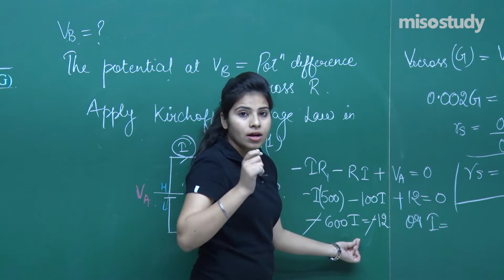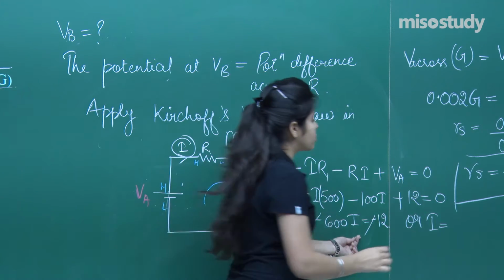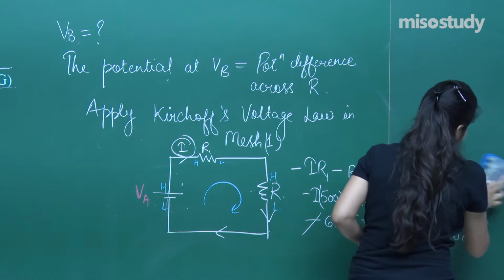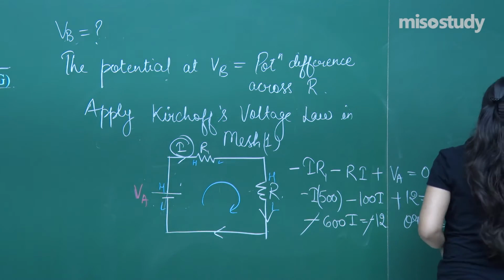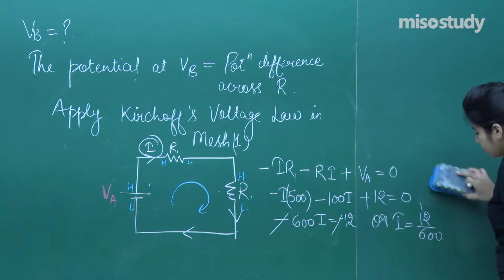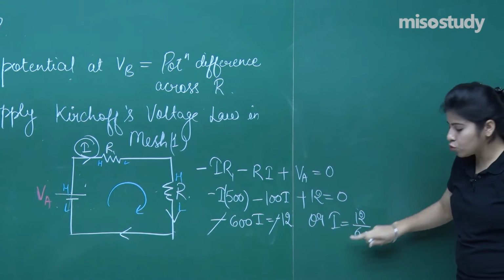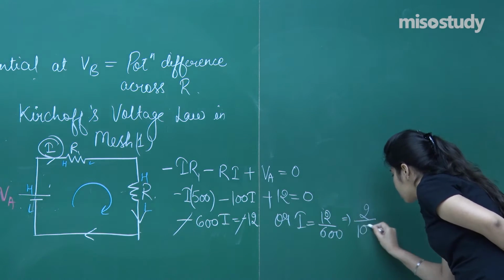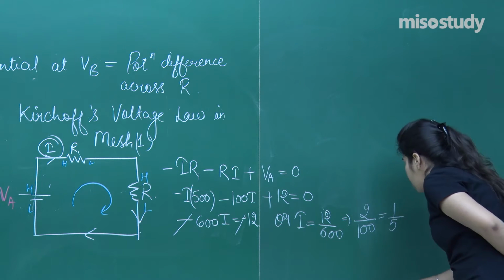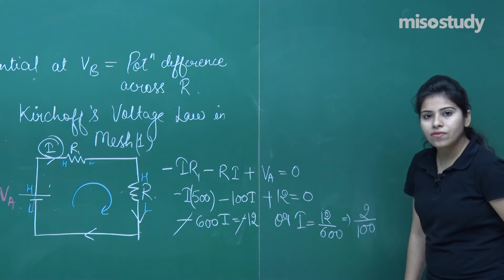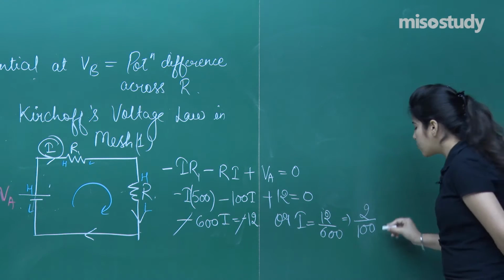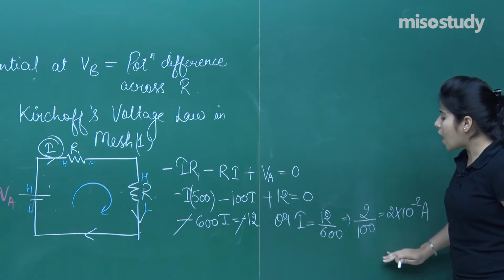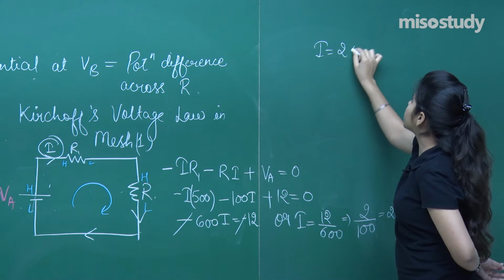I am finding out the current in this. So I will be 12 upon 600. Let me just remove this because this is the previous question and you will not confuse with it. So your I has come out to be 12 upon 600. Six twos are 12 and 100. So you can write it as 2 into 10 raised to the power minus 2 ampere, isn't it? Now you are having your current as 2 into 10 raised to the power